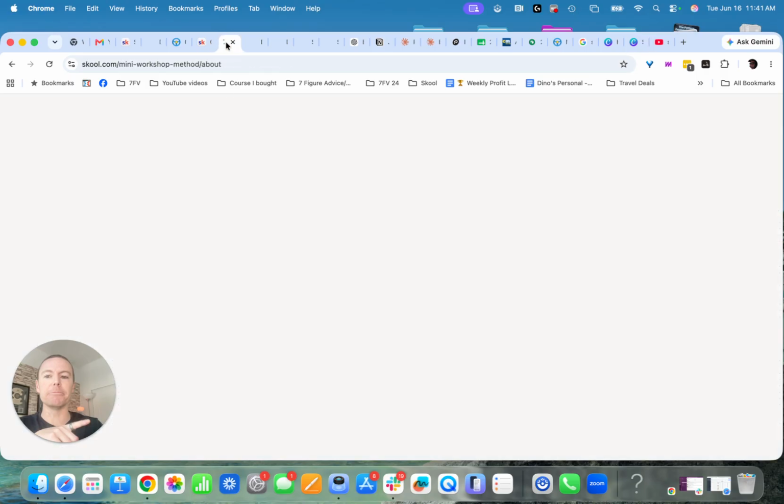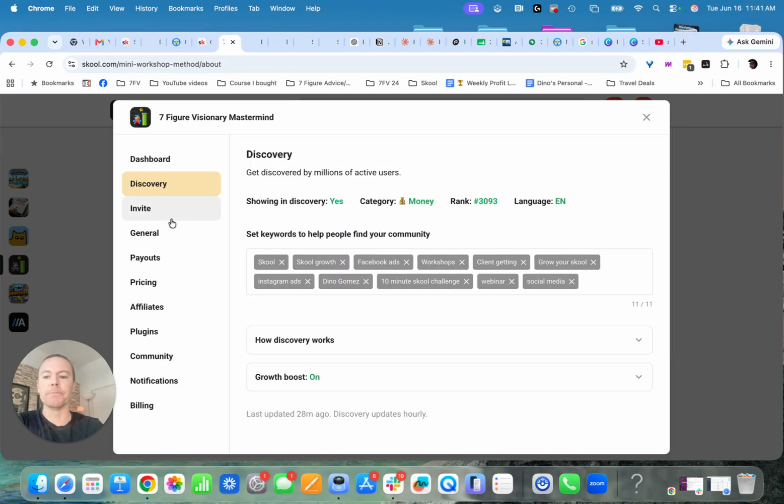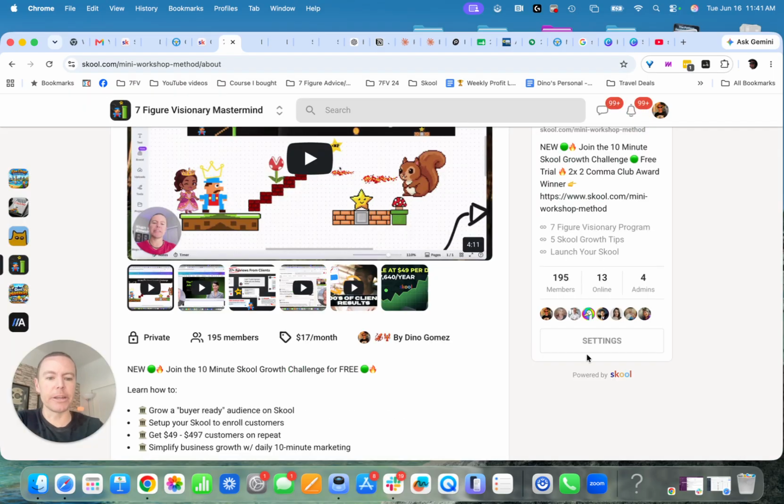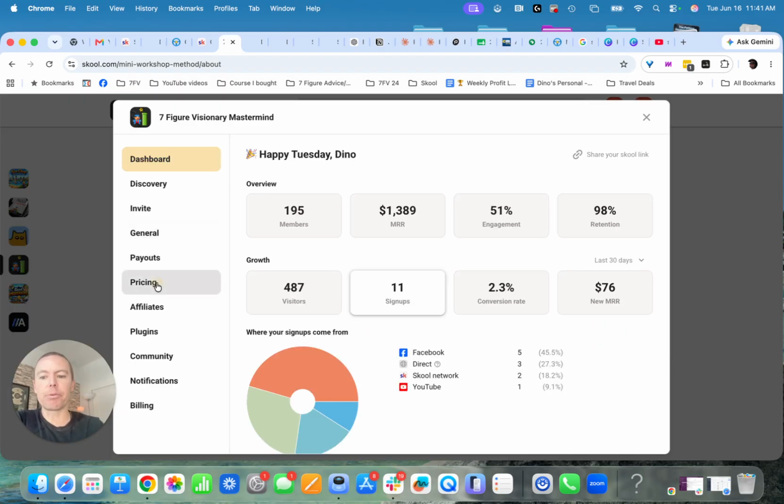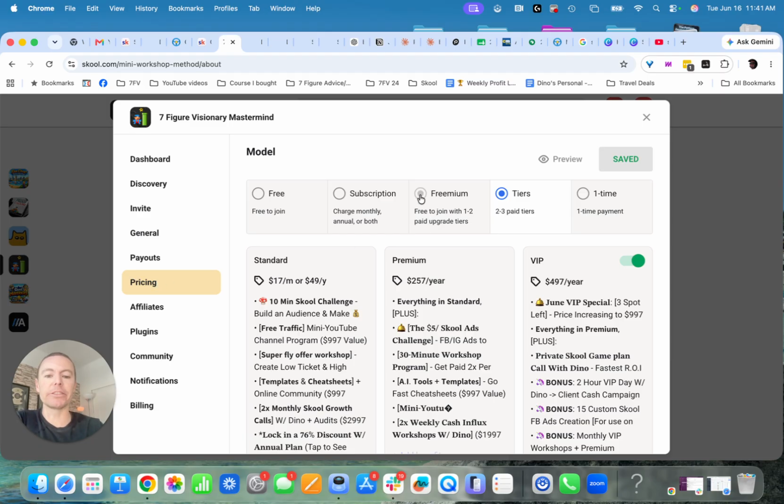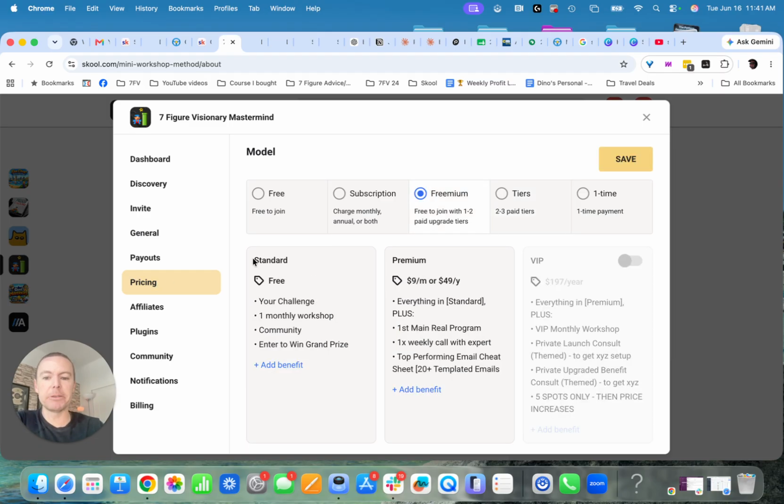So when you're inside of Skool, what you want to actually do is click on, again, settings on the right, and then pricing on the left. And you want to start on the freemium plan. So that means people can join at the standard level for free. This is like getting a free gym pass. But people can still upgrade to a full gym membership or to personal training. So flip on VIP. And so you still have 2 different levels that people can upgrade and ascend to, and that's awesome for you. So you can still monetize, you can still have private offers in your community, but start on the freemium plan